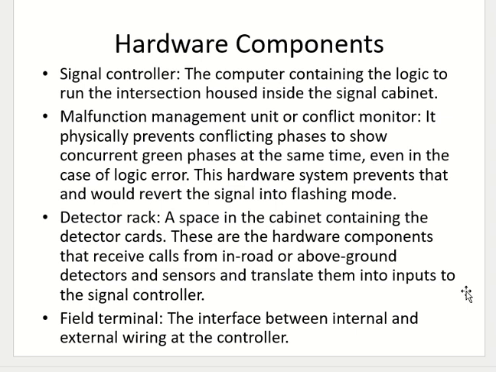Okay, so it shouldn't happen. Again, in this case, this will start working. Then we have a detector rack. It's like a shelf, a rack, which has detector cards, chips which are installed in that, and these are the ones which are connected with the sensors on the road. So this is the one which is collecting the sensor data from the road, and these cards